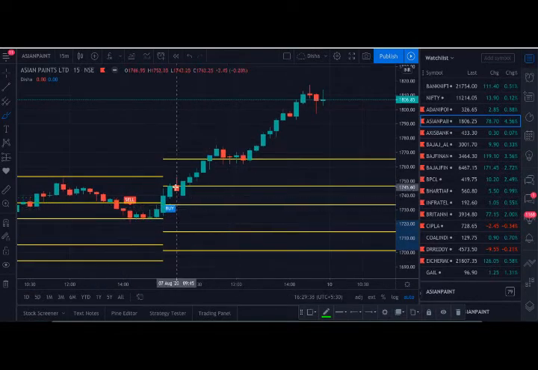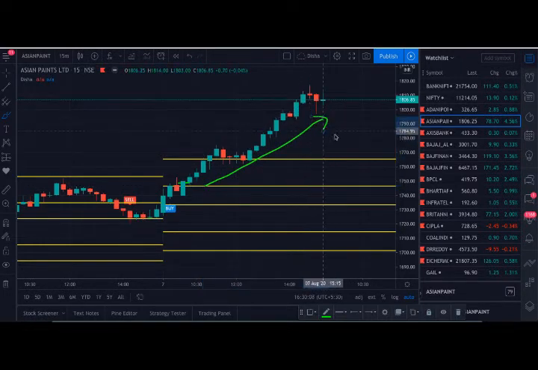Coming to this candle, here you have the buy signal generated, but you can see that the close of this candle was just near the resistance level, so you will buy the stock but only above this level, a bit above this resistance level. Just see how the stock was performing. It was a great one, right?